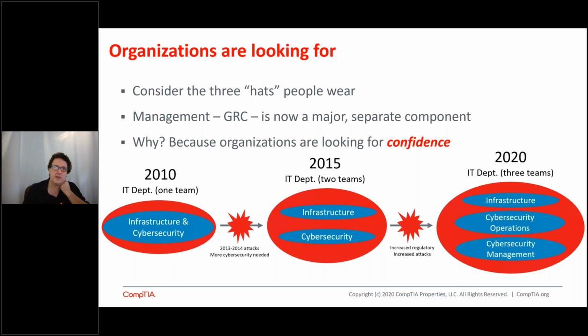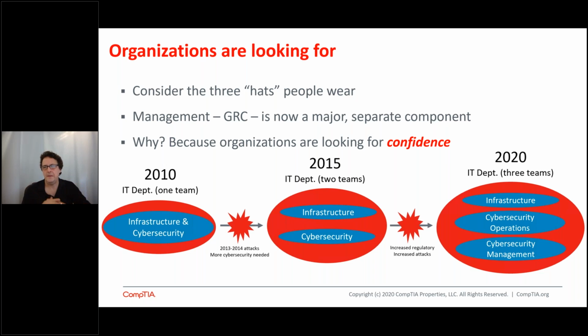Let me explain. Infrastructure people, their job is to provide services, okay? To make sure that X is working. By X, is that cloud instance working? Is the customer reseller management system working? Is email working? Their job is to make that service up and running. Cybersecurity folks are the ones who look around the corner of a problem and go, okay, I see that you got that email server going really quickly. Were there any steps that were skipped that are going to create too much risk for the organization? Those two ideas were lumped together, and it caused a lot of confusion. It still does for some organizations.